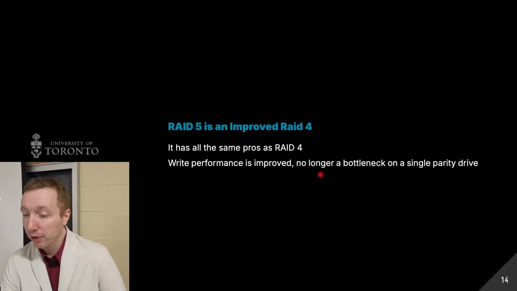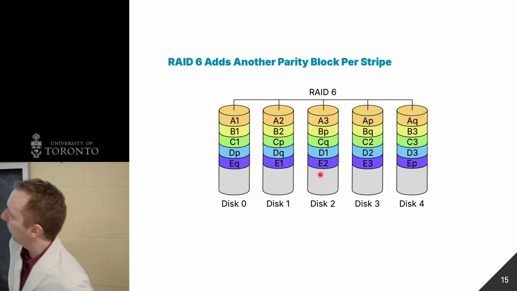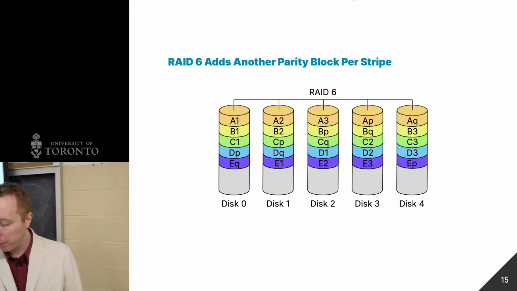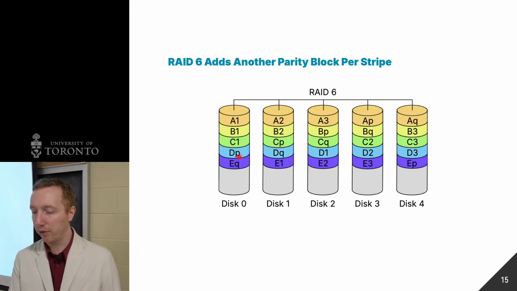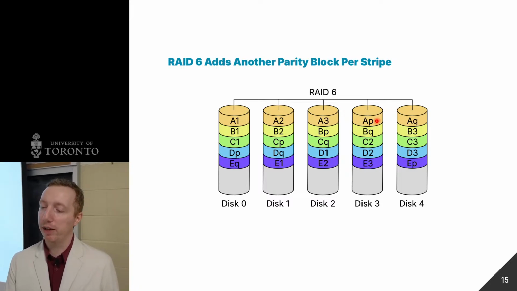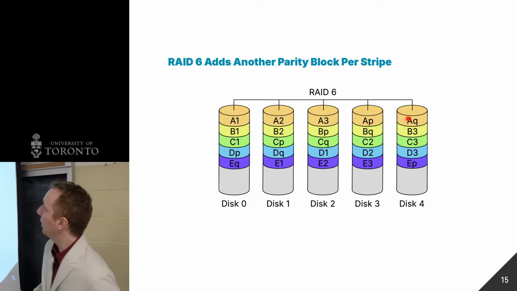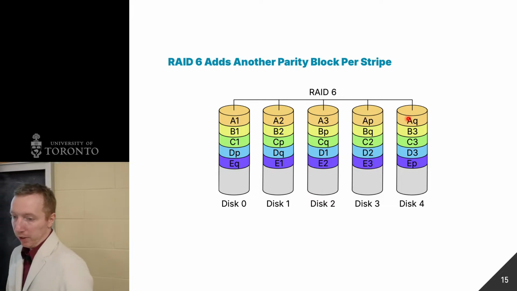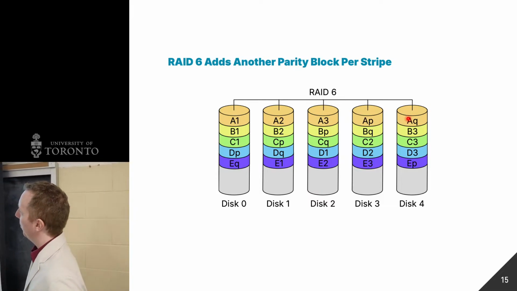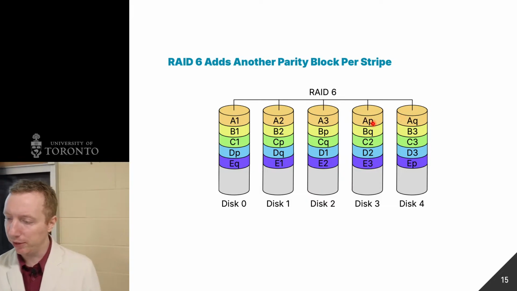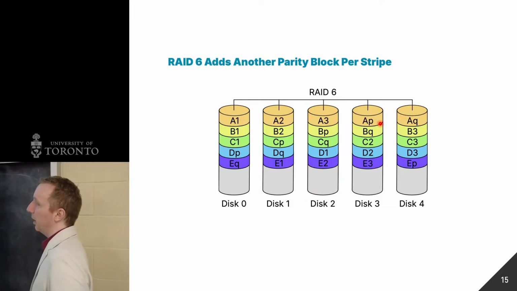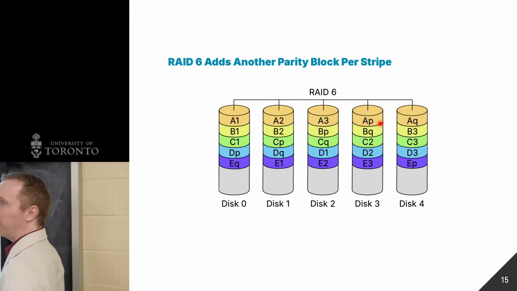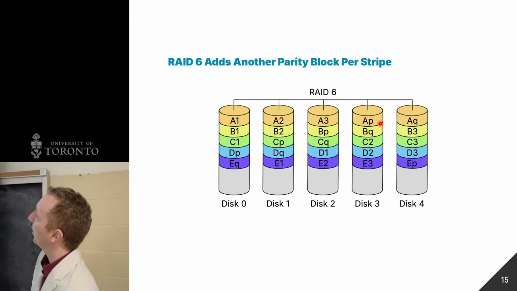All right, so the next fun RAID level is RAID 6, which just adds another parity block per stripe. So before, we had one disk worth of parity called P, distributed across all disks. Now I have another bit of parity information called Q, which I also distribute among all the disks. So you might be thinking, how do I compute Q that is different than P, which is just an XOR? To explain that is beyond my reasoning because it has to do with math, Galois fields, and a whole bunch of things. It's like a linear combination of XORs or something like that. I don't know. You can figure it out if you like math.